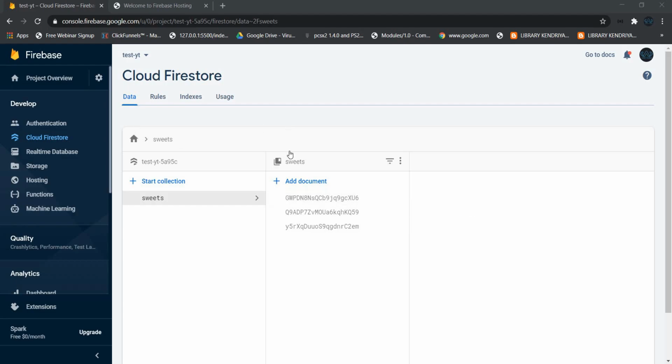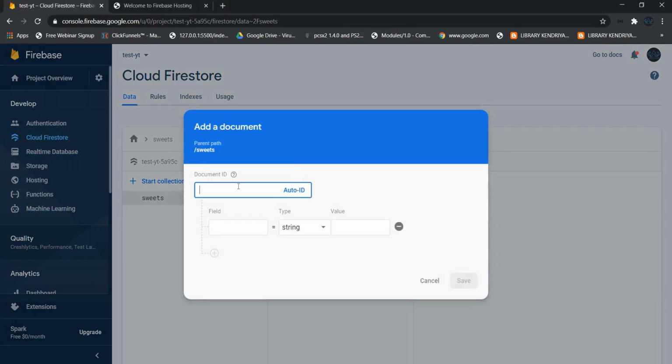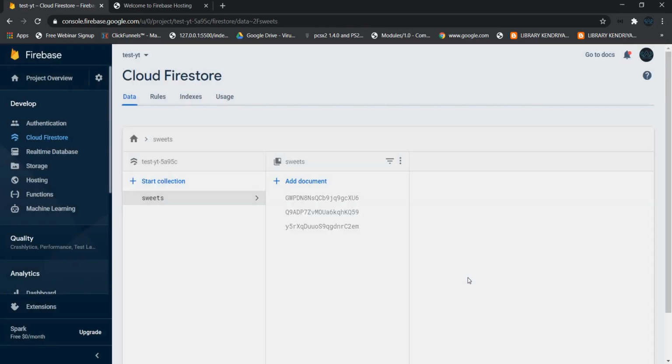So let's create a document here. Let's name it doc123 and let's set name equals to cheese. Okay,